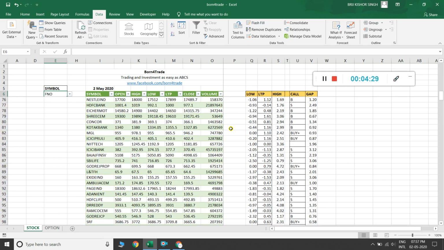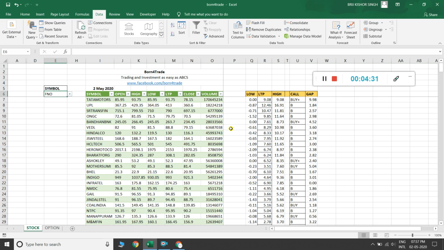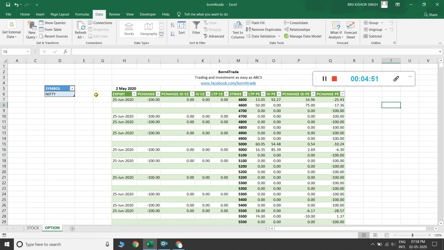This column is common for all Nifty 50 stocks, Bank Nifty stocks, and all futures and options stocks. This column is common for all stocks. On the other side, here is the option chain.